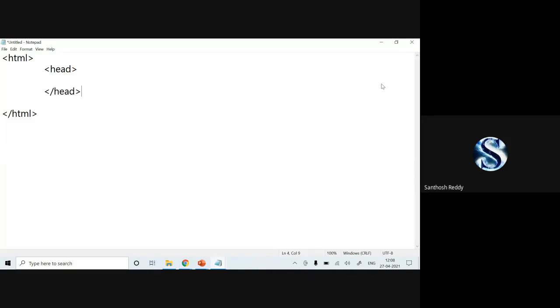First, I'm writing the outer layer of the structure. Now, first I'll mention some heading content: Following are the fruit names. I'll close my H2. Now, under this, I'll mention my list. I'll make use of an unordered list.